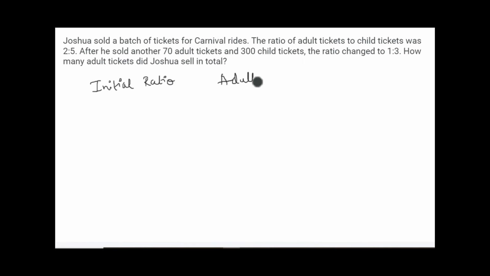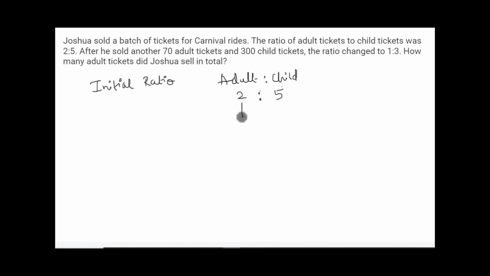Adult to child, that is 2:5. That means if 2 adult tickets are sold, compared to that 5 child tickets are sold. Now obviously it wouldn't be 2 plus 5 as 7